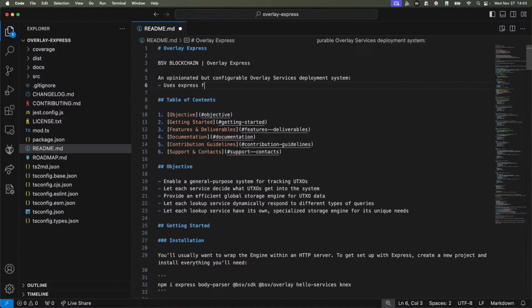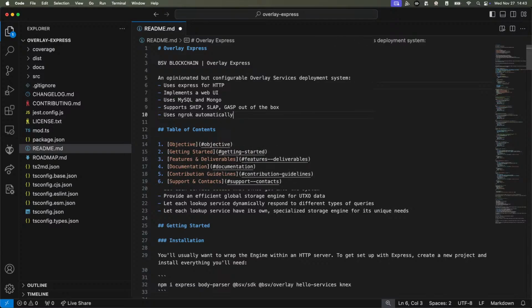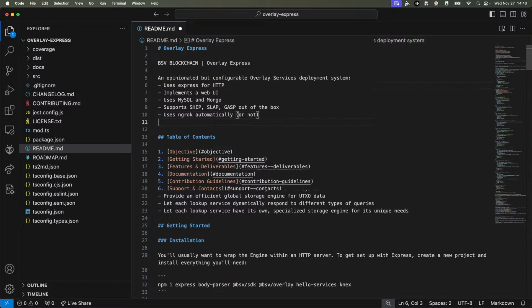Uses Express for HTTP. Implements a web UI. Uses MySQL and Mongo. Supports SHIP. Uses ngrok automatically or not. A few goals here are just going to be,